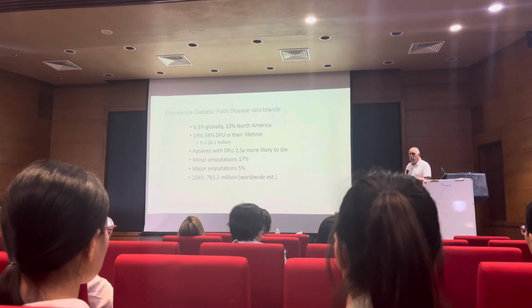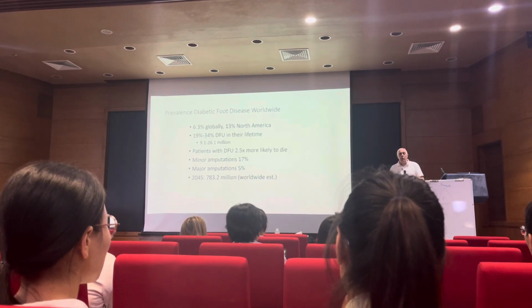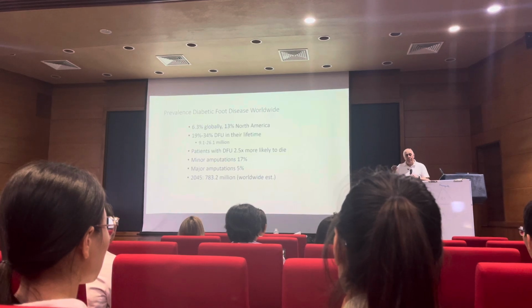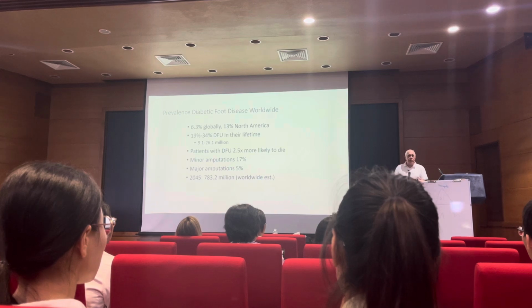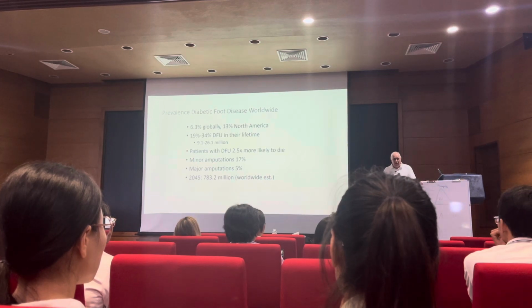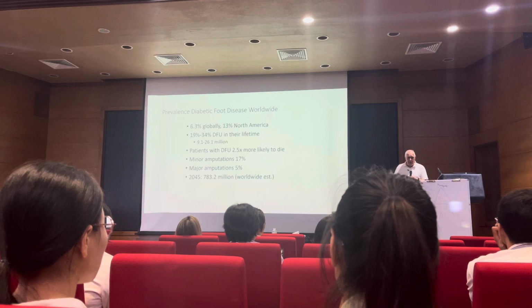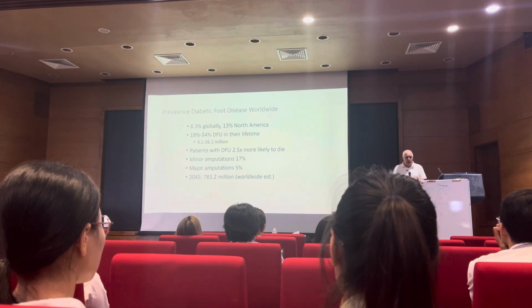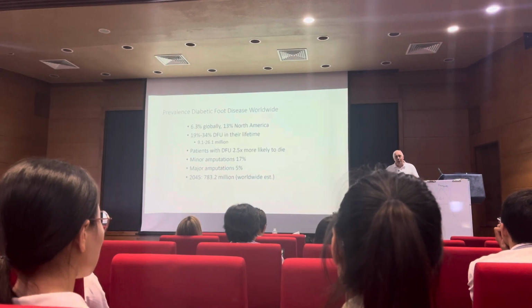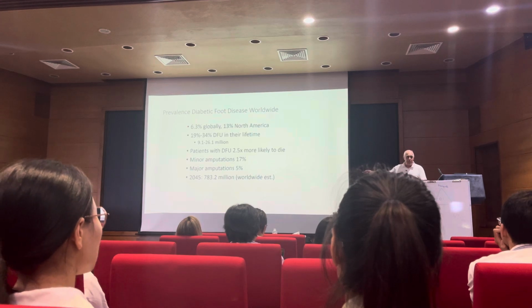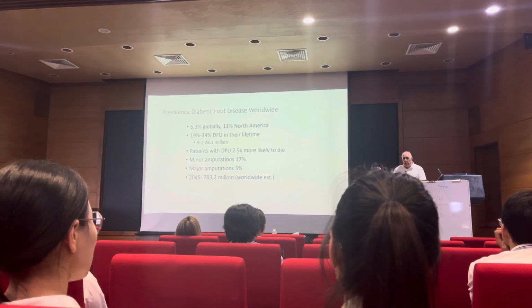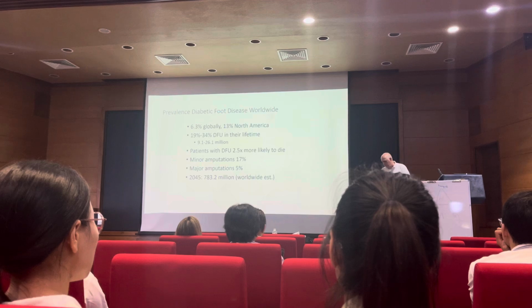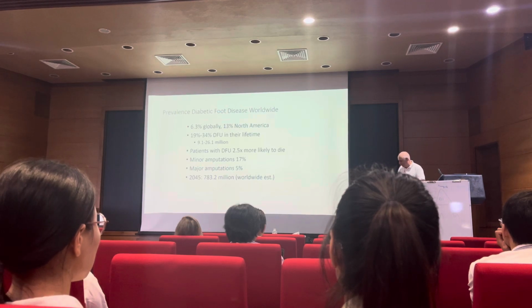Now, the good news is the diabetic patients are living longer, but that's also the bad news, because if you go back to Dr. Joslin, before insulin, diabetic patients would not live very long. They would die because of their diabetes. Now, because of the medical care that they're getting, they're living longer, but they're developing these complications: neuropathy, peripheral vascular disease, renal disease, cardiac disease. So we're dealing with a lot more of these medical issues, and that will only increase.